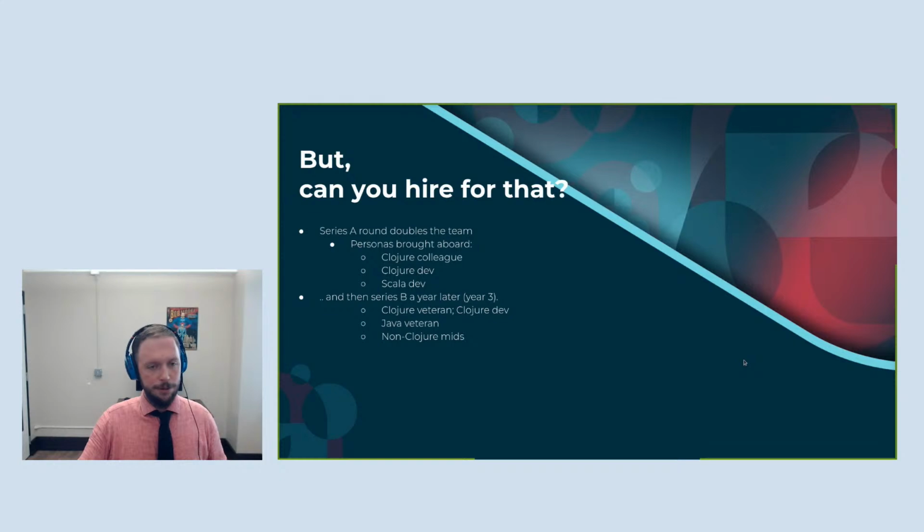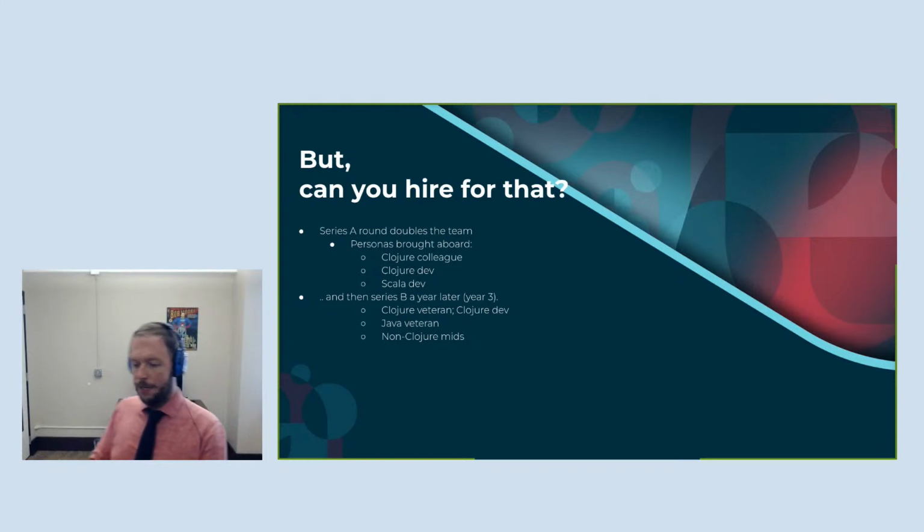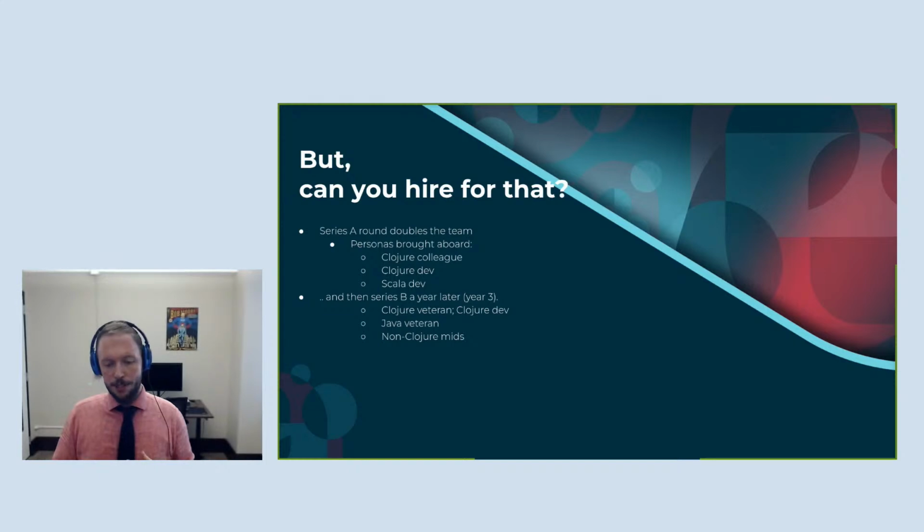There was also a Series C after that, and we've just continued to hire more. And again, we have a mix. There are people who just happen to stumble upon Buck's blog post about using Clojure, and who, even though he has a really good job at a publicly traded company as a staff engineer, just wants to get out of Java land and try something in Clojure. We had that persona find his way to us this year.